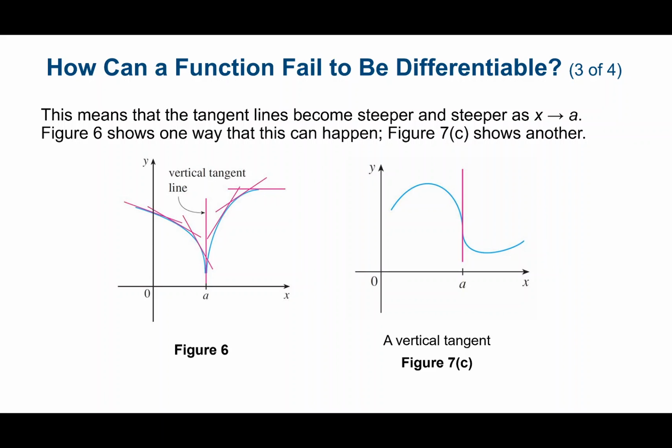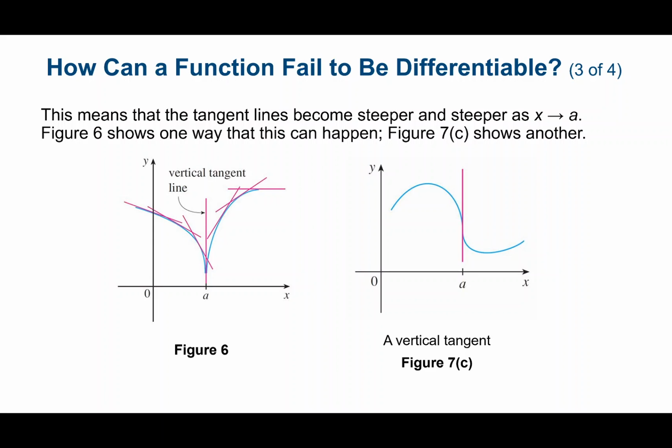Typically, you'll hear this called two different cases. So let's talk about this one first. The case where we have a vertical tangent line. So here we've got some blue curve, and we have a really steep slope as we get close to this a value, and then at one particular point the tangent line pops completely vertical, and then it goes back down as we move away from there. So we're not failing the vertical line test with our blue line. It just so happens that we've got one point in here that our tangent line is completely vertical. Goes through that one point.